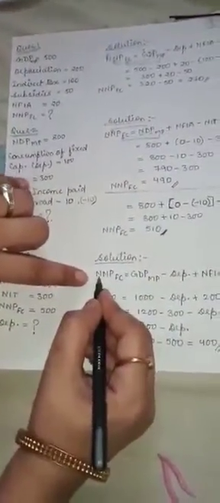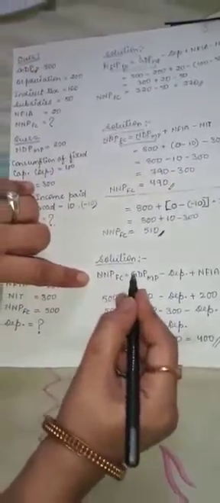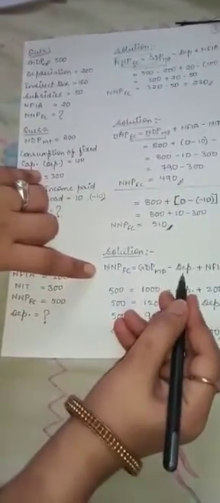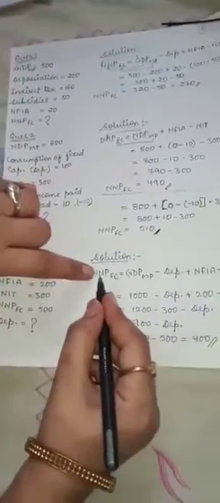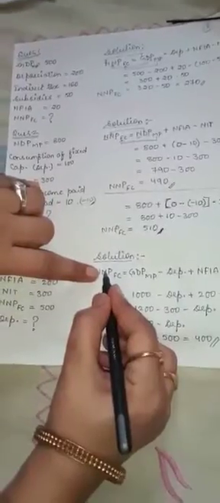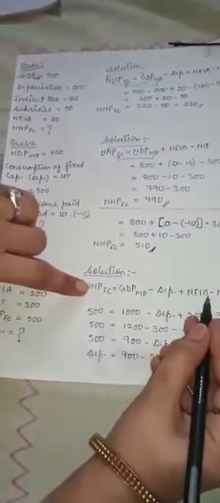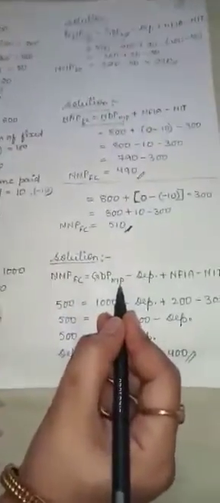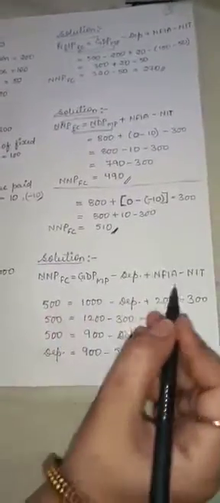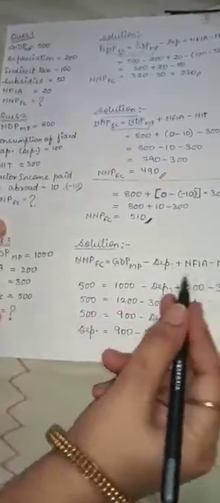Now let's develop our formula. First place, for net and gross: gross is given and we have to find out the net. We know in order to get net from gross we have to minus the depreciation. So minus depreciation. Second place, for domestic is given and we have to find out the national. So we know that from domestic to national, we have to add net factor income from abroad. So we will add this. Product same. Now again market price is given and we have to find out the factor cost. So from market price to factor cost, we have to deduct the net indirect taxes. So in this way we have developed our formula.